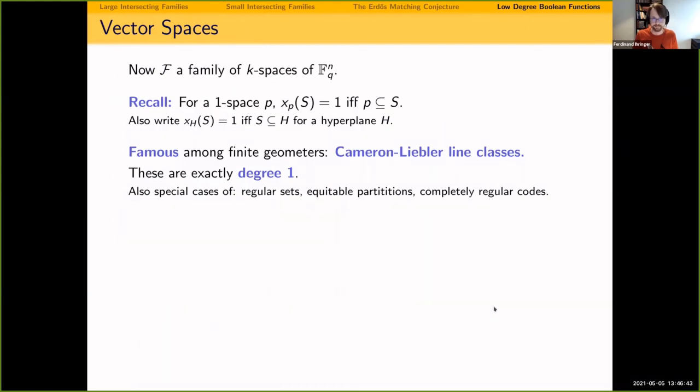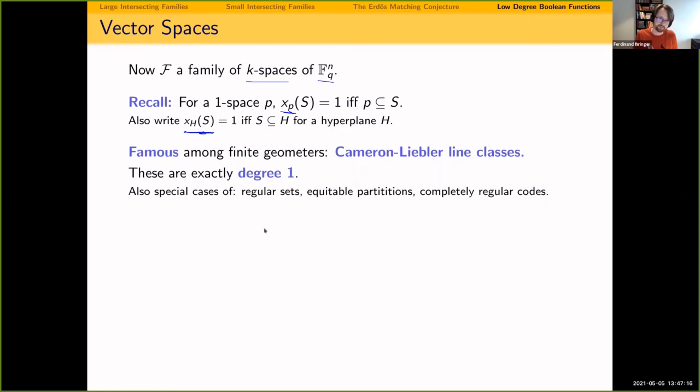Where the whole thing is particularly interesting are vector spaces, because now interesting things happen, at least in some cases. If we have k-spaces of an n-dimensional vector space, our variables here are the one-dimensional subspaces, but we also want to write them for n-1 dimensional subspaces and hyperplanes,